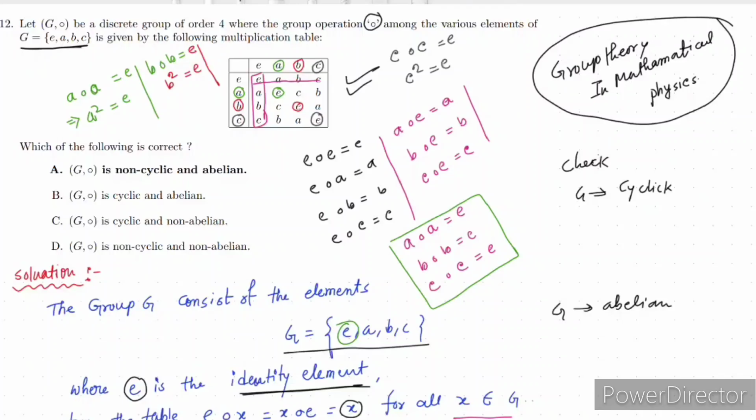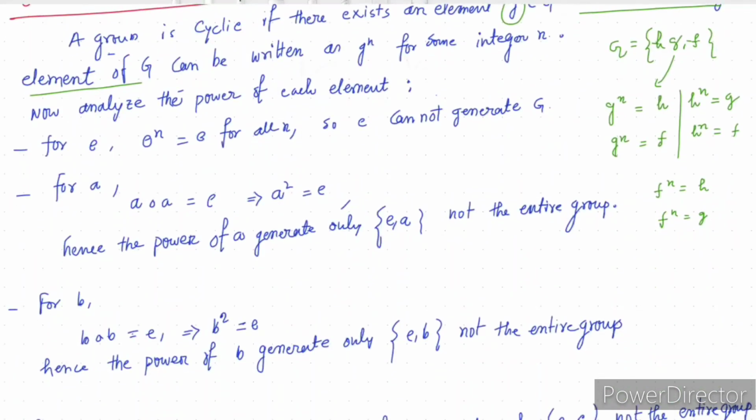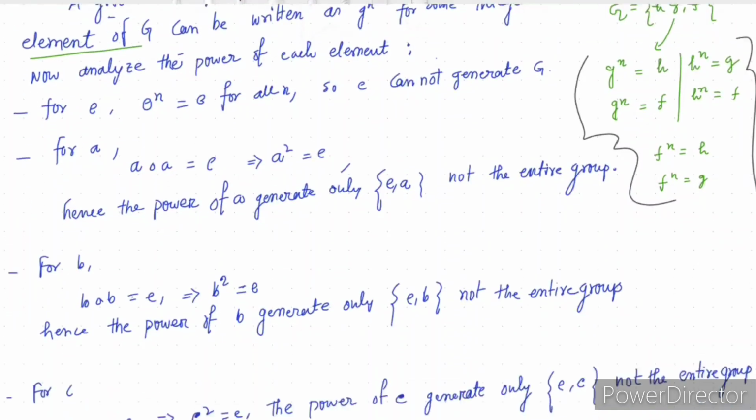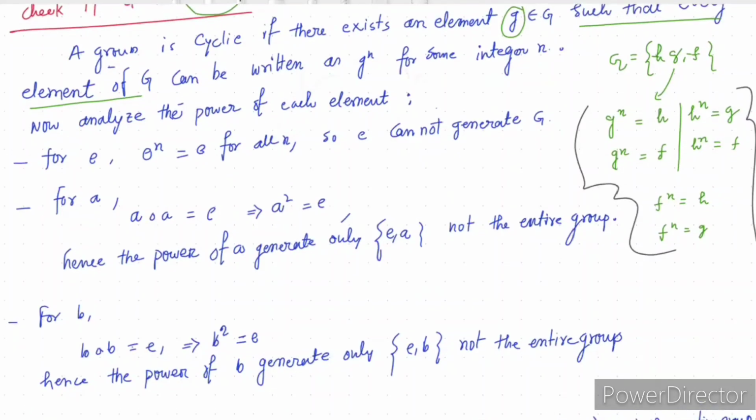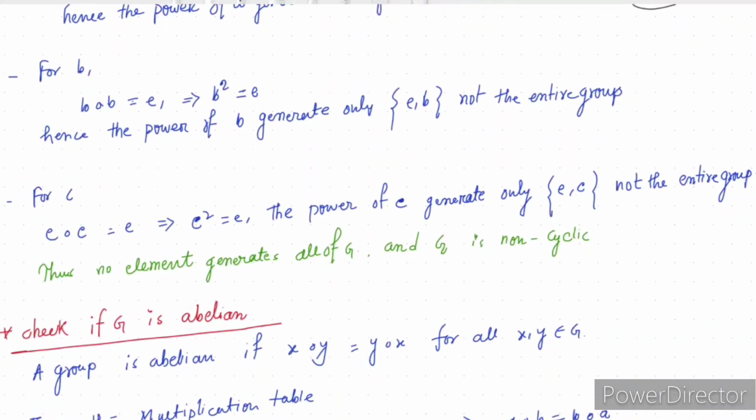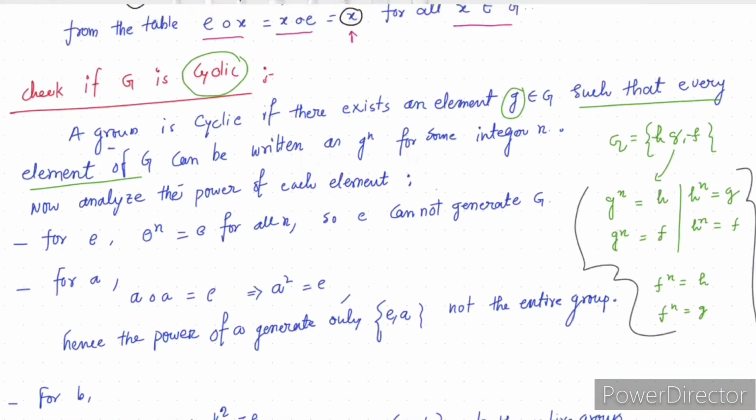अगर होता तो उसको साइक्लिक बोलते हैं हम लोग। बस यहाँ पे A स्क्वायर इक्वल्स टू भी आपको E मिल गया, B स्क्वायर इक्वल्स टू भी E मिल गया, C स्क्वायर इक्वल्स टू भी आपको E मिल गया। इसका मतलब G ने साइक्लिक प्रॉपर्टी को एक्चुअली यहाँ पे फॉलो नहीं किया। That's why, so there is no element that generates all of G, so G is non-cyclic. So यहाँ पे G non-cyclic होने वाला है।